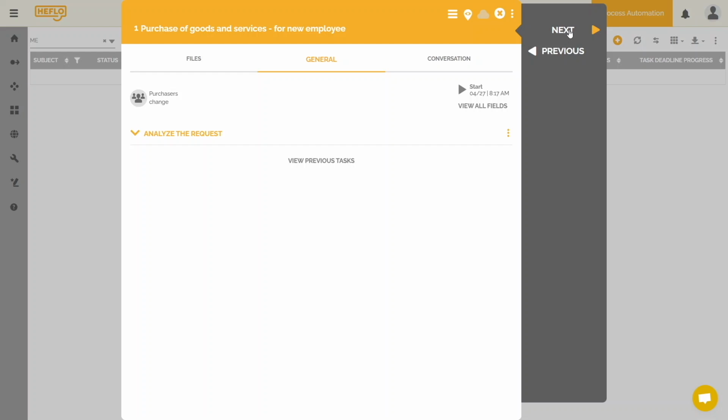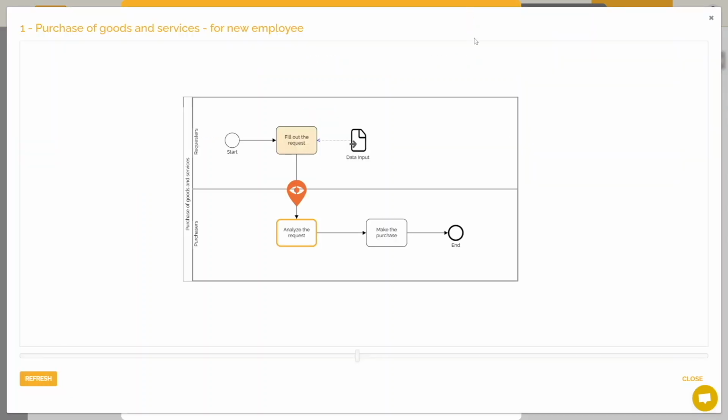There is a very interesting process execution visualization feature. By clicking on this icon, you will see everything that has been done in this request. This work item is currently on this task. If you want to see information about a task, just double click on it.